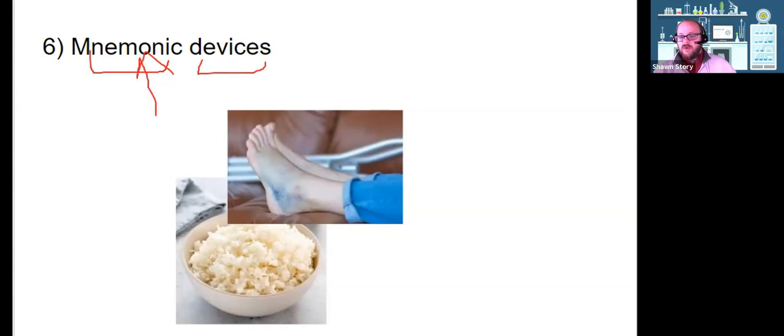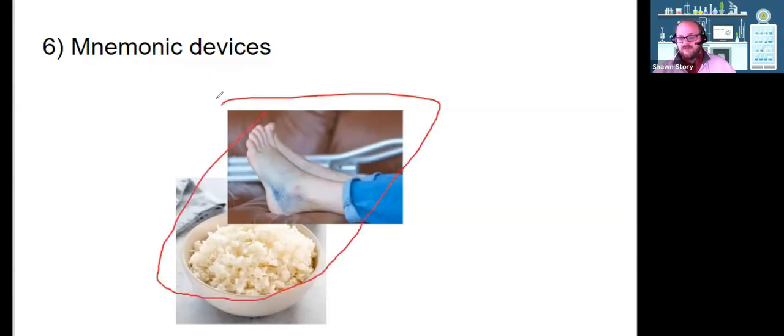And so what I want you to do is think of this image, close your eyes and think of a person with a sprained ankle, and she is resting her ankle on a huge bowl of rice, right? Create that image in your mind, right? So we see a bowl of rice, we see this sprained ankle, this ridiculous image, put it in there. This is now becoming a mnemonic device. So